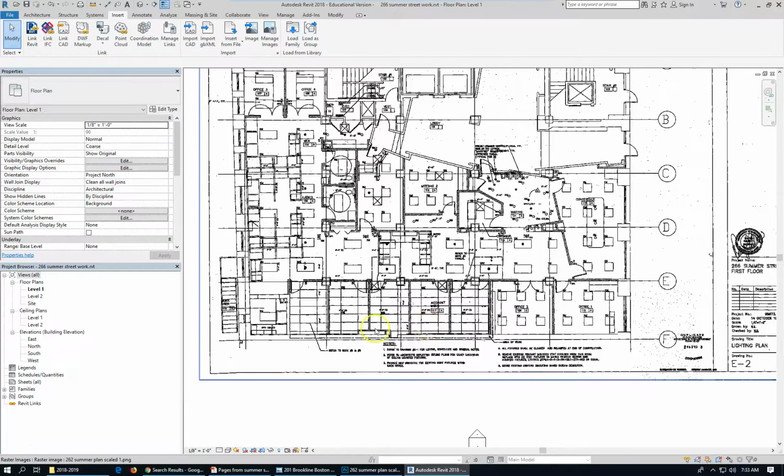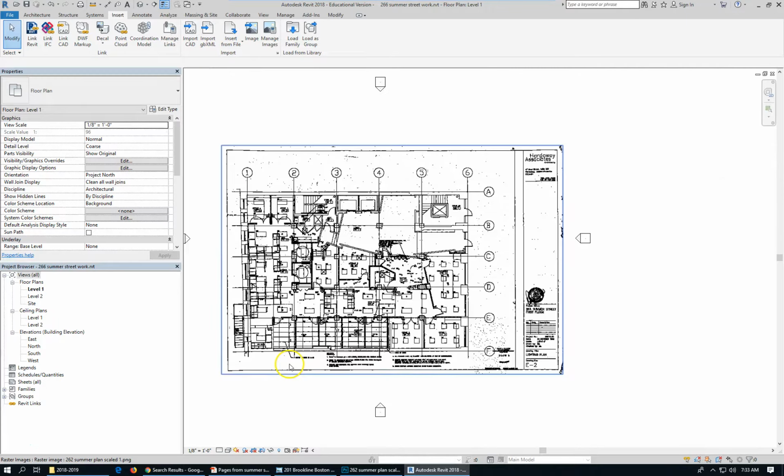I will verify that. So the drawing's been scaled approximately, and we're going to draw grid elements, which in Revit